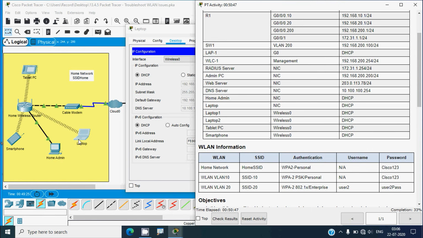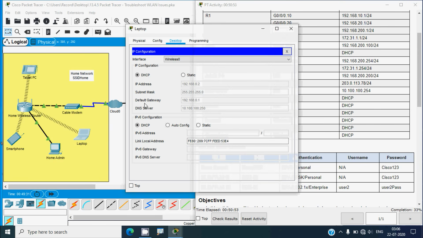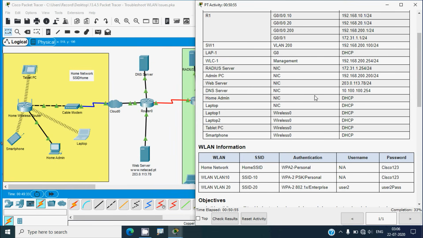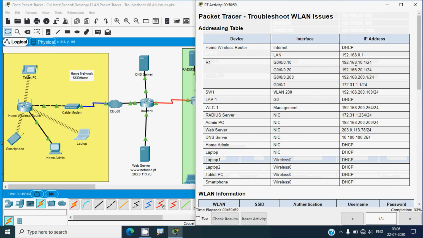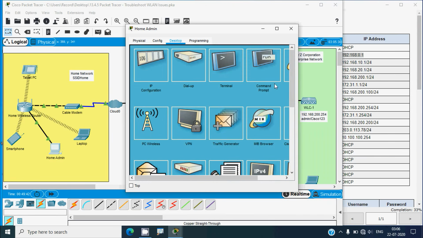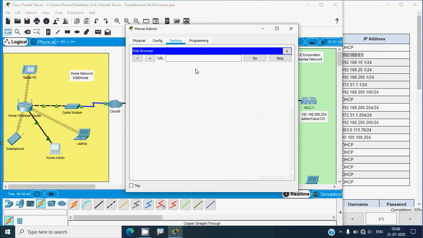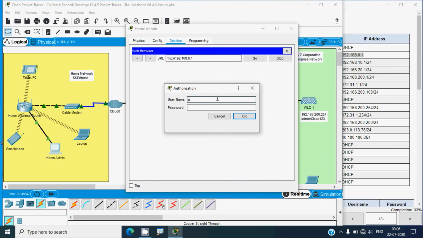We will access it using a laptop or home admin, it doesn't matter. So we have to check the DNS server address in that DHCP server configuration, right? So I will copy it, and we'll access that home wireless router. Just go to home admin or any NG device. Okay, username is admin, password is admin. Okay,